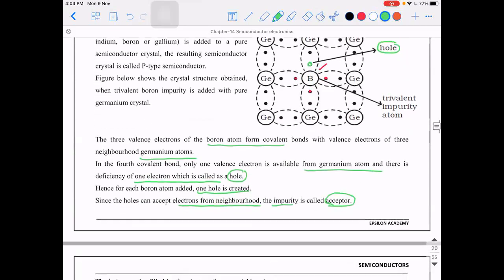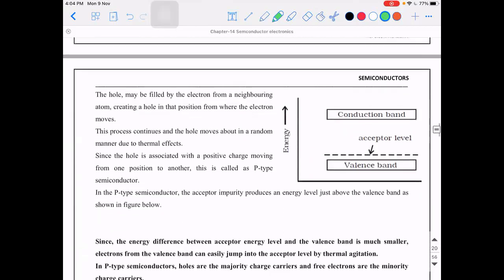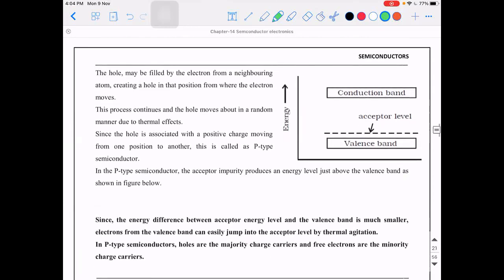If you observe the energy band diagram, the acceptor level, that is the hole that is getting generated in this particular process, will have neither the energy of a valence electron nor that of an electron in the conduction band. It will have an intermediate energy, slightly above the valence band. This level is called the acceptor level. It means if you supply this much amount of energy, then the holes in the acceptor level will be able to conduct. That is what we are trying to say.